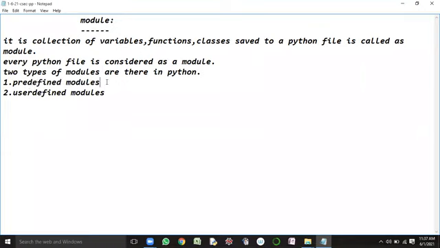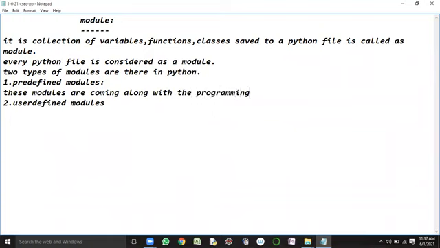Coming to the first kind, predefined modules. Predefined means already defined. Are they defined by the programmers? No, sir. These modules are already defined and come along with the Python programming language. They are not defined by the programmers.